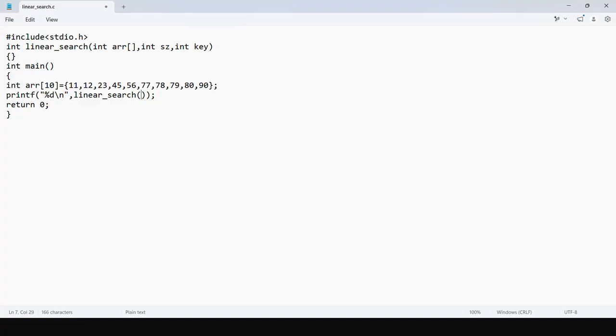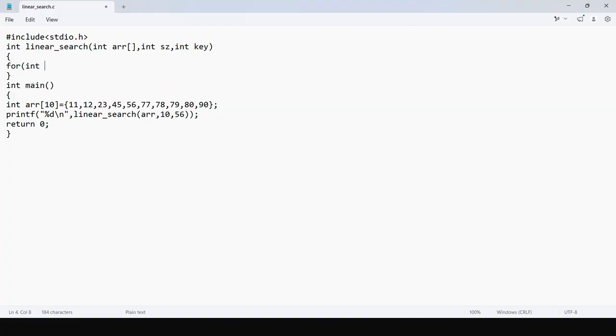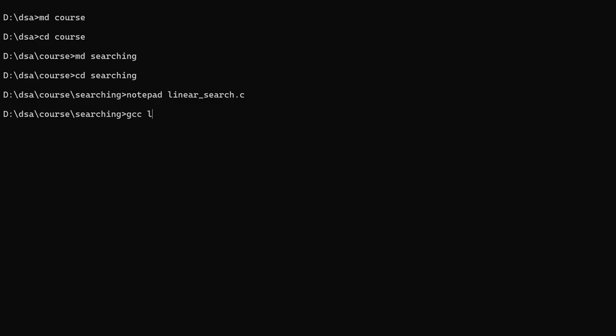So here I have created a separate function, linear search, passing the array and size as 10 elements, and for now let the key be 56. For linear search, we will simply apply a for loop: for int i equal to 0, i less than sz, i plus plus. If array of i is equal to key, we will return i, else we will return -1, element not found. So let's compile the code